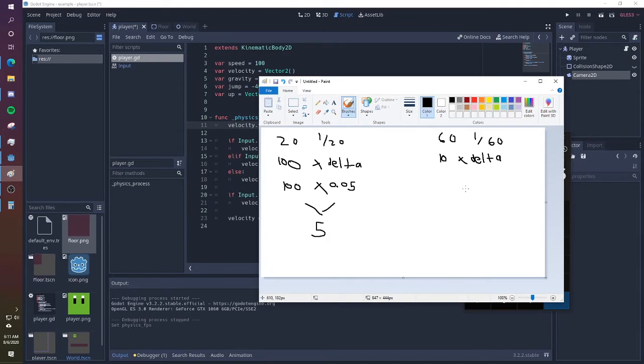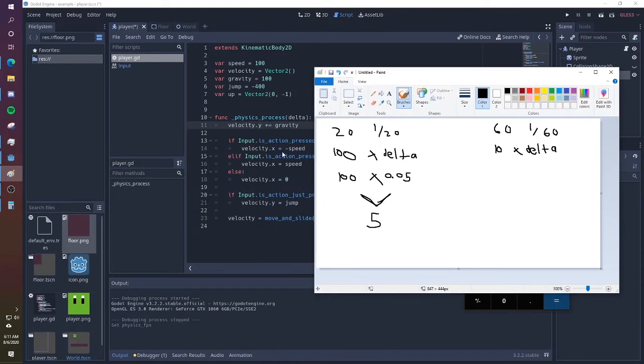So what that means is when your game is running 20 frames per second, if you take gravity multiplied by delta and we're adding that every frame to the velocity, we're going to take 5 and add downwards velocity once every frame, 20 times. Now that's important to remember. It's once a frame, 20 times a second, because it's frames per second. Now if we do the same thing here,